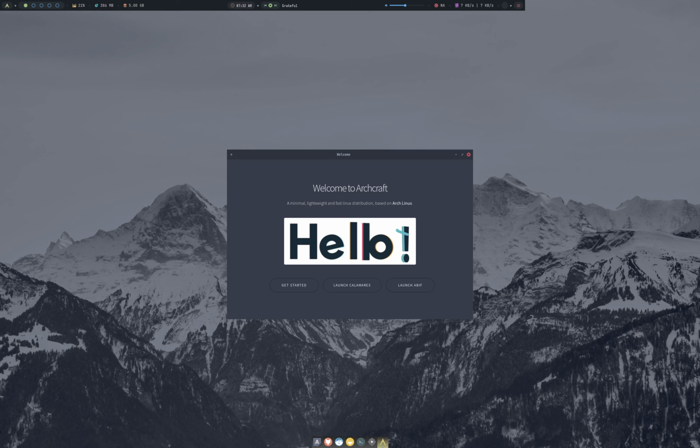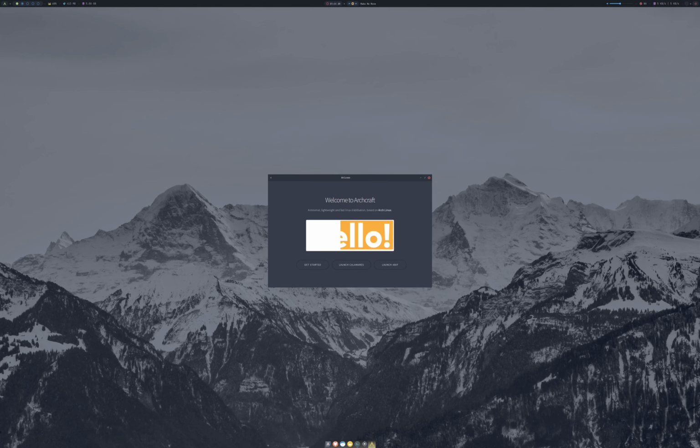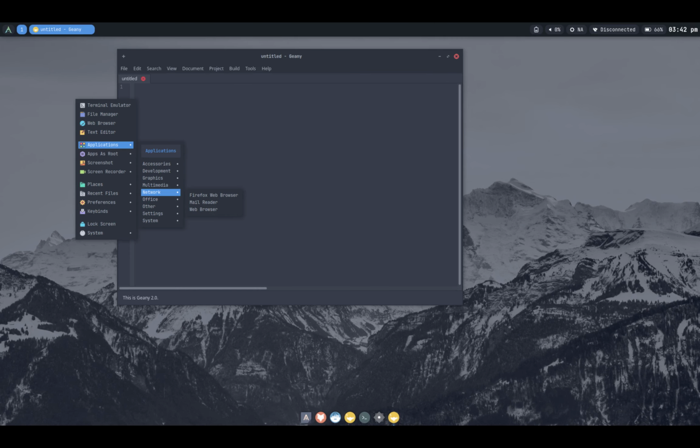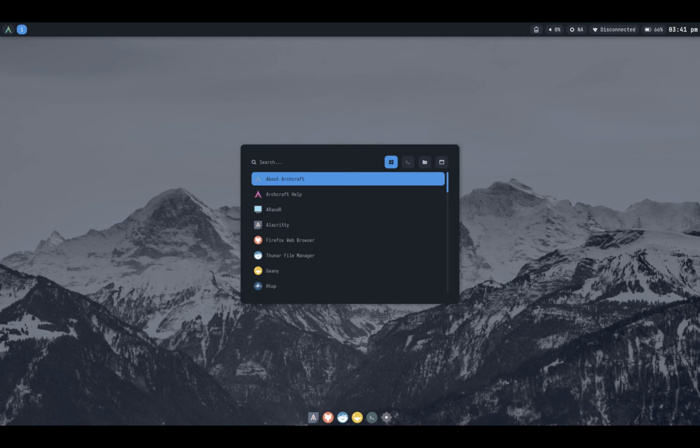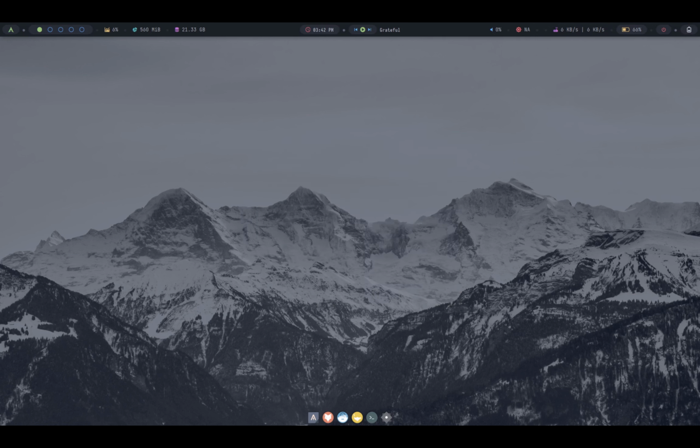Archcraft is a minimal Linux distribution based on Arch Linux. The project provides a graphical user interface using minimal window managers, rather than full-featured desktop environments. Archcraft is installed using the Calamares system installer and includes the Yay package manager to facilitate fetching software from the Arch user repository. Archcraft is for Linux users who want a pre-configured window manager with a unique look out of